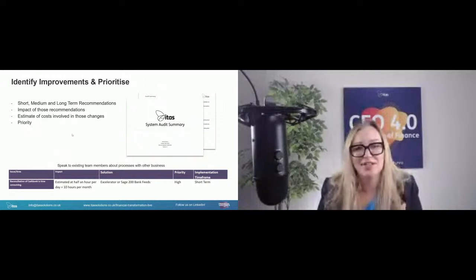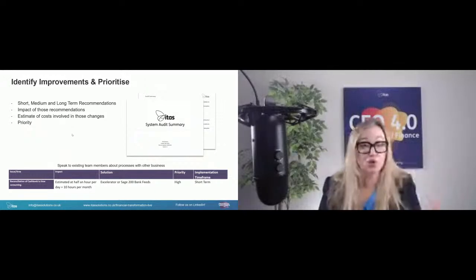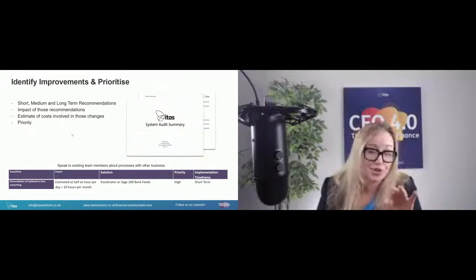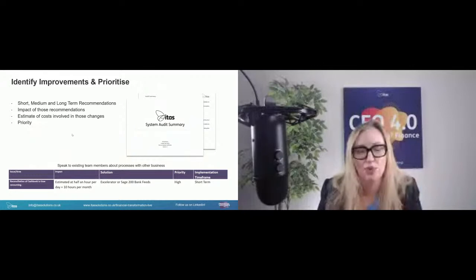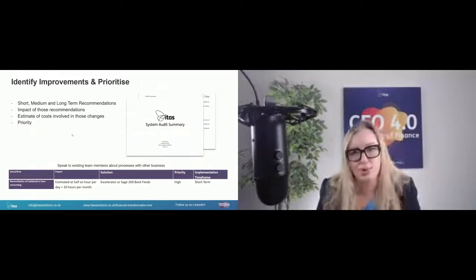So understanding both prioritization and the time frames to implement is really critical and should be part of your conversations when you're going through solutions. And of course, cost. And what's also interesting, and something I haven't quite figured out how to get across in the best way, is that sometimes one solution can be the answer to multiple problems.